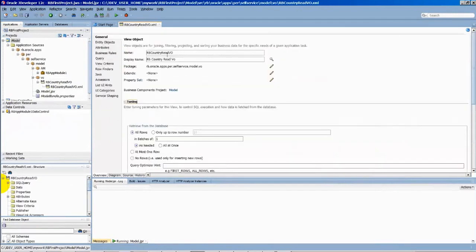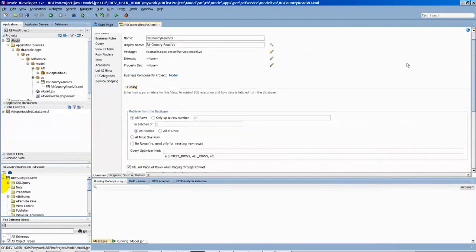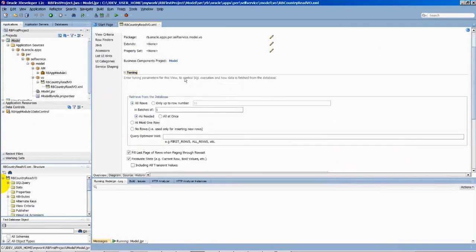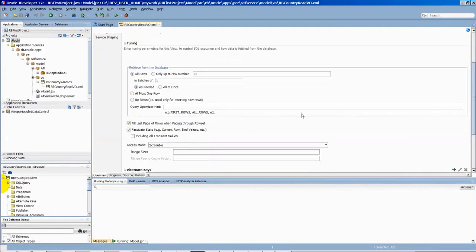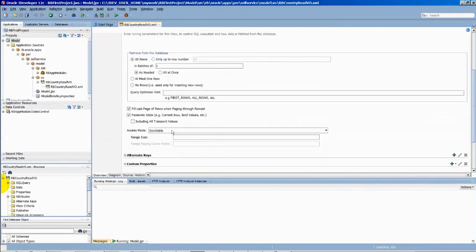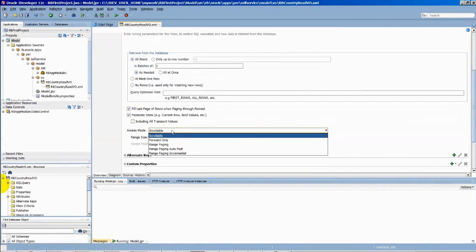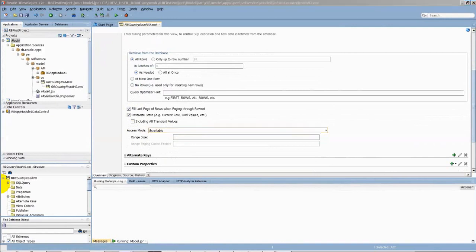Basically, as any view object refers to a database table, how do you want to pull the data out of the database? These tuning parameters control SQL execution and how data is fetched from the database. Do you want to pull all rows, or pull them in batches as needed? If you want to optimize the query, you can provide hints here, and then that query will get optimized. And we have something called access mode. In access mode, we have scrollable, forward only, or range paging. Scrollable, in the sense, if you remember in our Fusion applications,